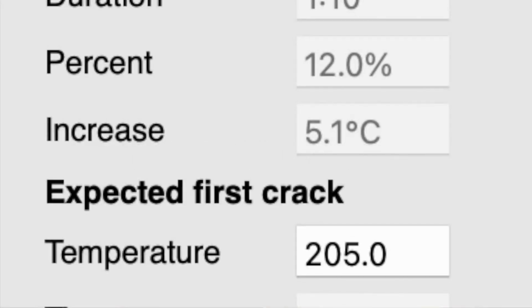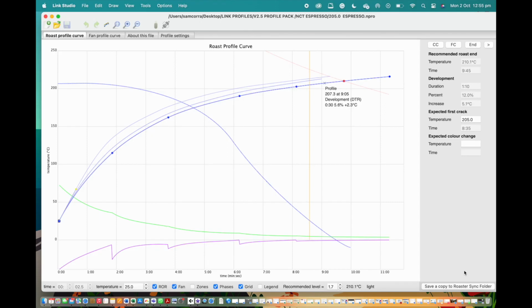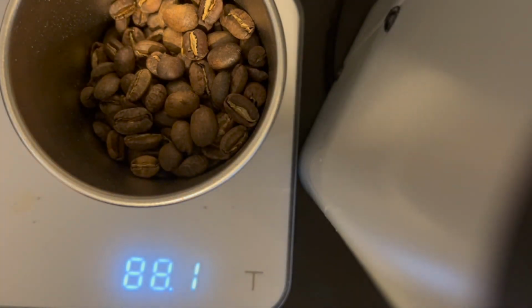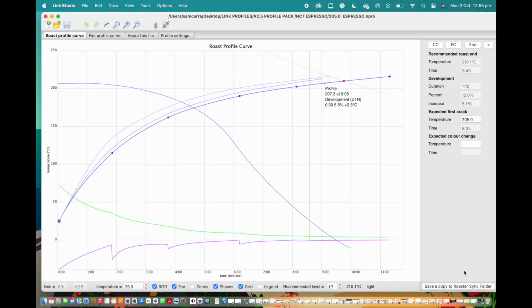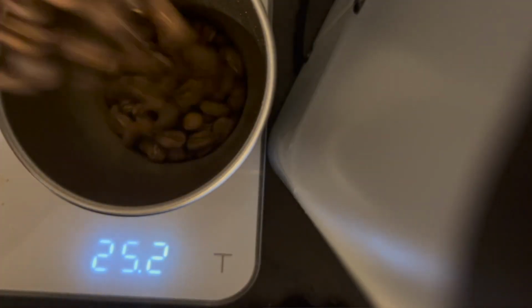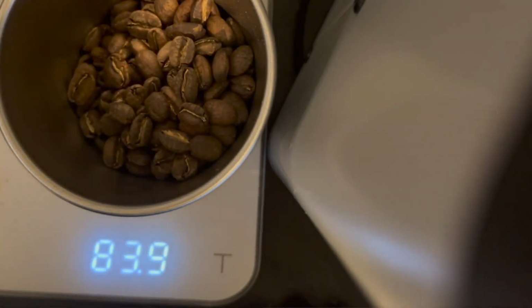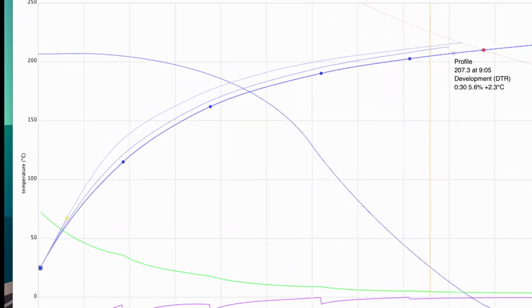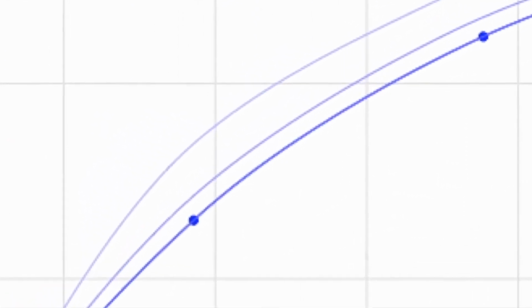The last aspect worth mentioning with the Omni pack is that it will have the most moisture loss from green to roasted. All the other roast styles within the Linc system typically lose around 12 to 15%, yielding on average 89 to 87 grams of roasted coffee per 100 gram roast of green coffee, whereas the Omni pack will lose 15 to 17%, yielding on average 86 to 84 grams of roasted coffee per 100 grams of green coffee. This tendency is due to the higher application of heat applied earlier in the roast.